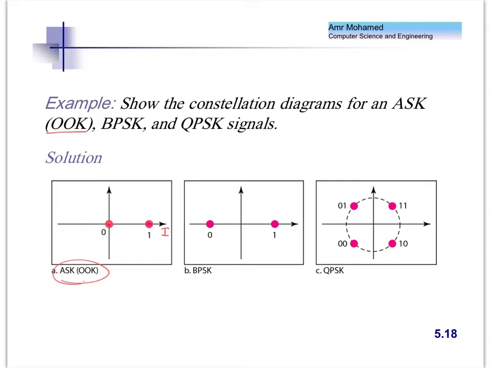Is that clear? Okay. Now, for binary phase shift keying, we said that we will represent the 1 as a sine wave with phase 0 and amplitude A, and the 0 with a minus sign, which means that you have 180 degrees phase shift, and also with an amplitude of A. Right? So for quadrature phase shift keying, we have 4 different phases, as we have discussed before.